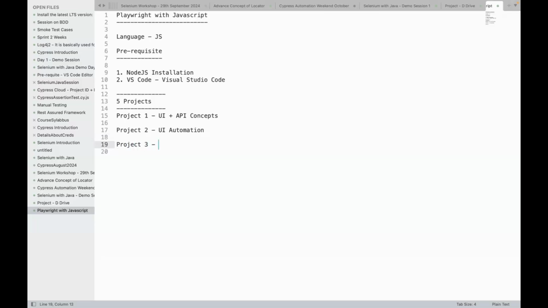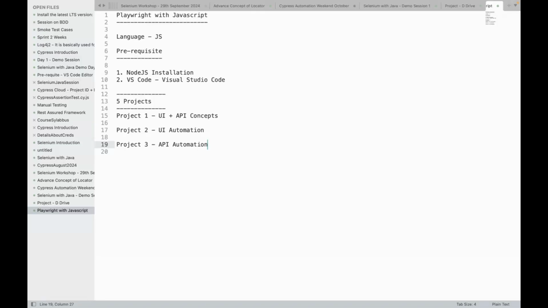Project three will be API automation, guys. When I say API automation, this project will have the prime focus on the API scenarios, API CRUD operations and everything. And to be frank, guys, when you work in a real project, there are around 100 APIs. Those APIs we need to manage, document, create a Confluence page, or let's say we need to have Swagger documentation. So we will discuss this, guys.